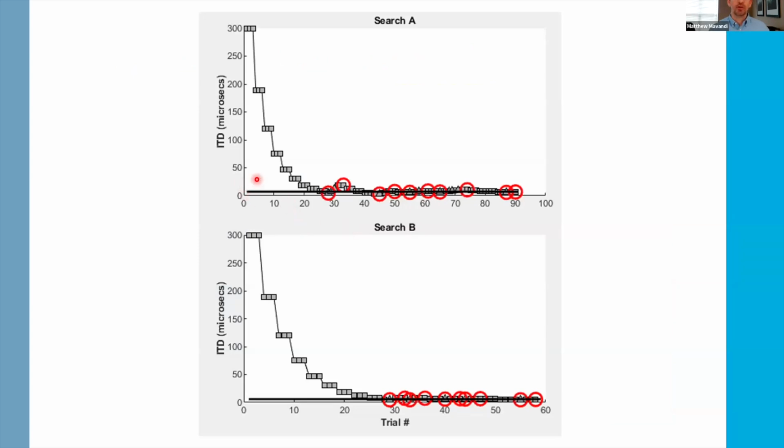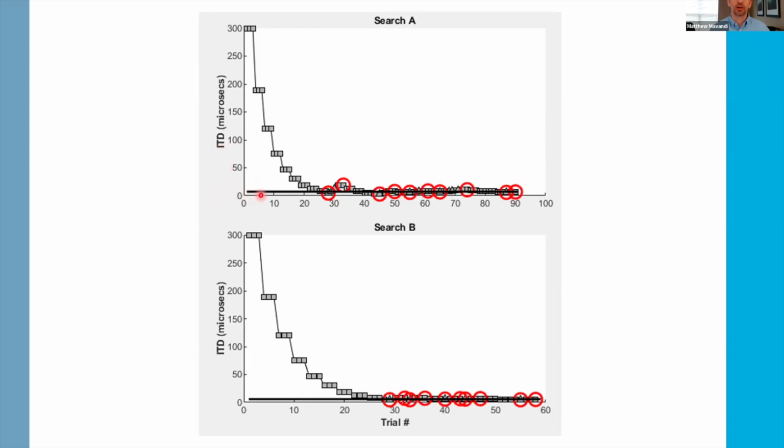So this is my view as a researcher. We did a 3 down, 1 up psychometric technique. If the test subject got 3 right, the interaural time difference would decrease. This test subject actually did really well. If they were doing poorly and couldn't distinguish left and right well, it'd be in this 300, 200 microsecond range. Whereas this test subject was able to distinguish sounds left and right pretty easily, and around